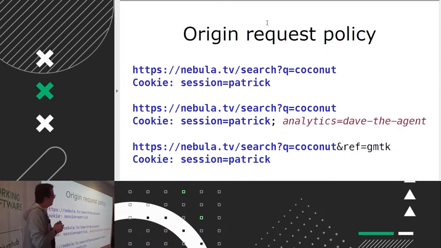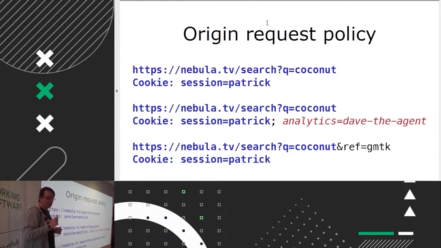Origin request policy is a little bit extra. If you want to add something in addition to your cache key and still get your request, like, okay, we will add something to the request that goes to the origin. So if something is missing in the cache key, we can define additional data. Like, okay, we don't care that much about analytics, but we still want to occasionally get the request with the